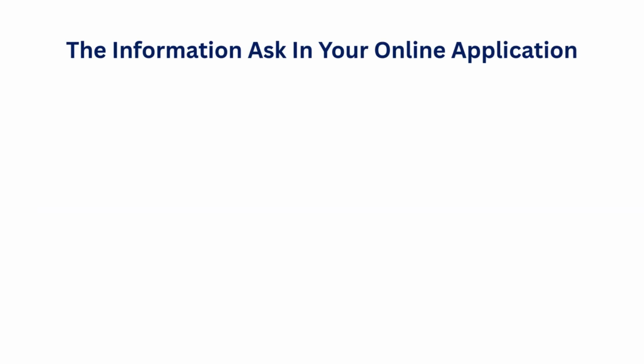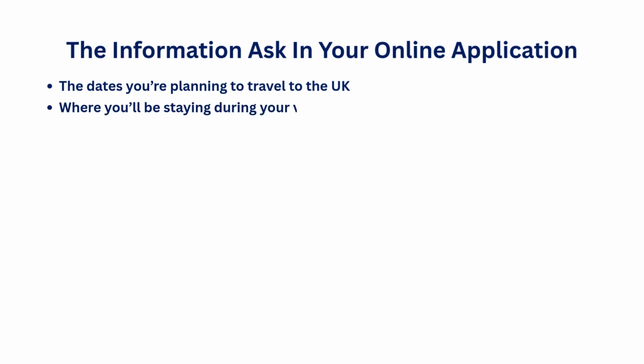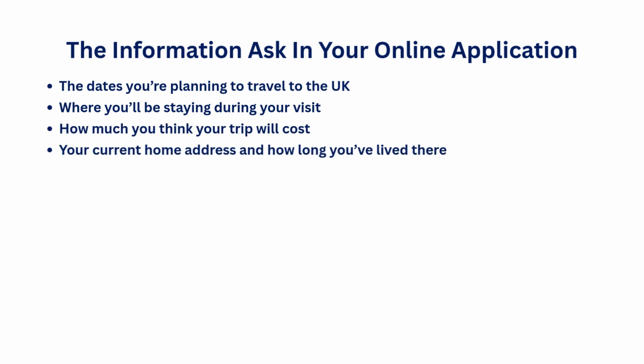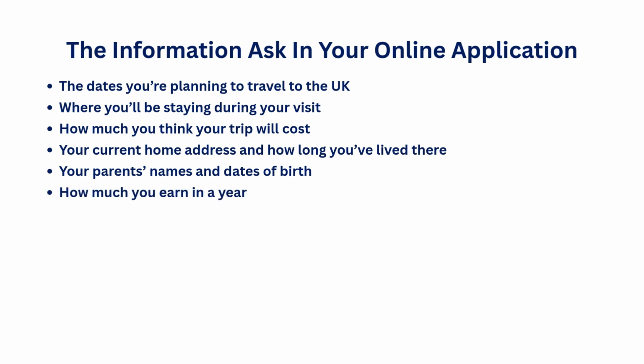You will need to provide the following information in your online application: the dates you are planning to travel to the UK, where you will be staying during your visit, how much you think your trip will cost, your current home address, and how long you've lived there, your parents' names and dates of birth, how much you earn in a year,